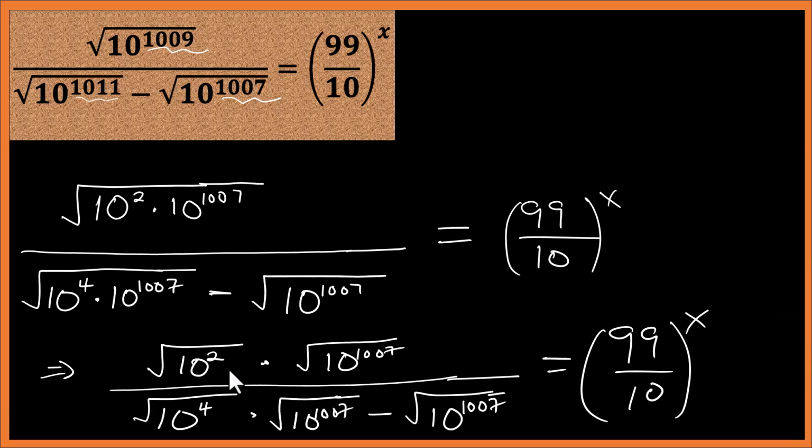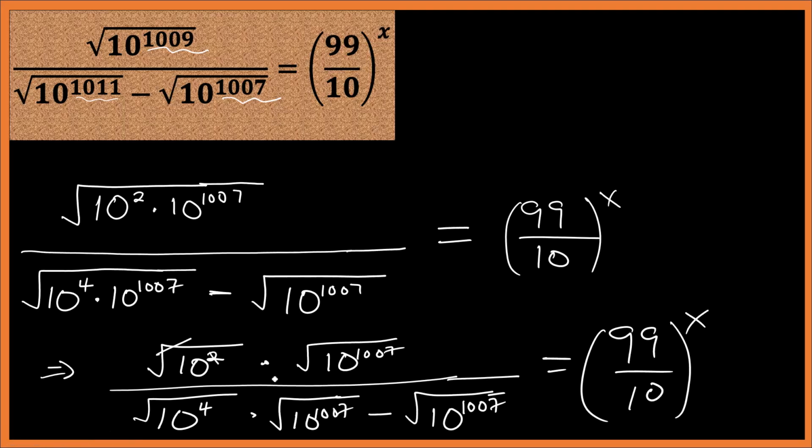Now from here, this side will cancel, leaving 10 there. So we have 10 times